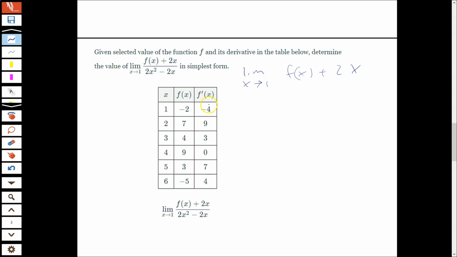Let's see, f of 1 is negative 2, and then this becomes negative 2 plus 2, which is 0. And then the bottom, let's see, we get 2 minus 2 rather, when we're plugging in 1, so we get 0. So this tells us we have an indeterminate form. And then by L'Hopital,